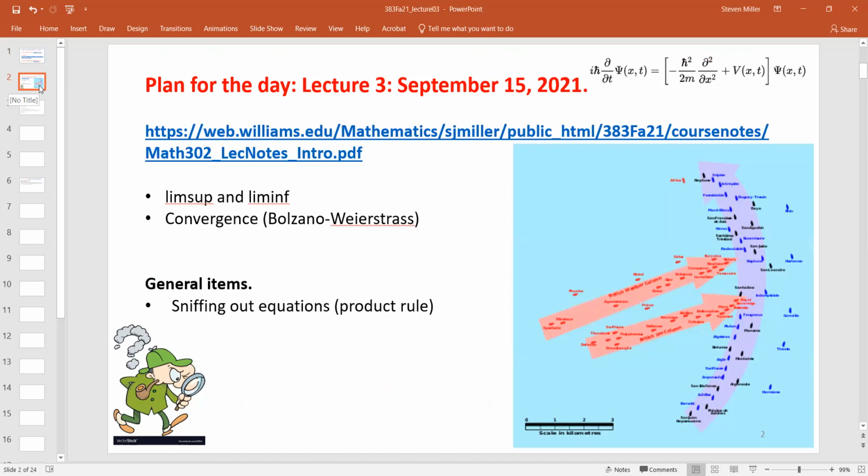talking a little bit about trying to sniff out equations. Anybody recognize the image on the right? I'm deliberately trying to do it so that you really can't see what's being labeled. Bunch of ship names. One of the most famous naval battles in the history of the world. Napoleonic times. Battle of Trafalgar. If anybody's looking for a good math colloquium, mathematics of war, this is a phenomenal